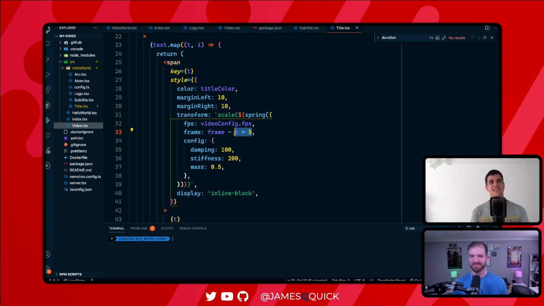Yeah, exactly. So the basic idea is to have 3 main APIs: the sequence, the use current frame, and the composition. And then you have to figure out how you want to create your effect. In this case, I figured, okay, it must work something like that. I want the words to appear after each other, and then you just write out React, HTML, CSS,